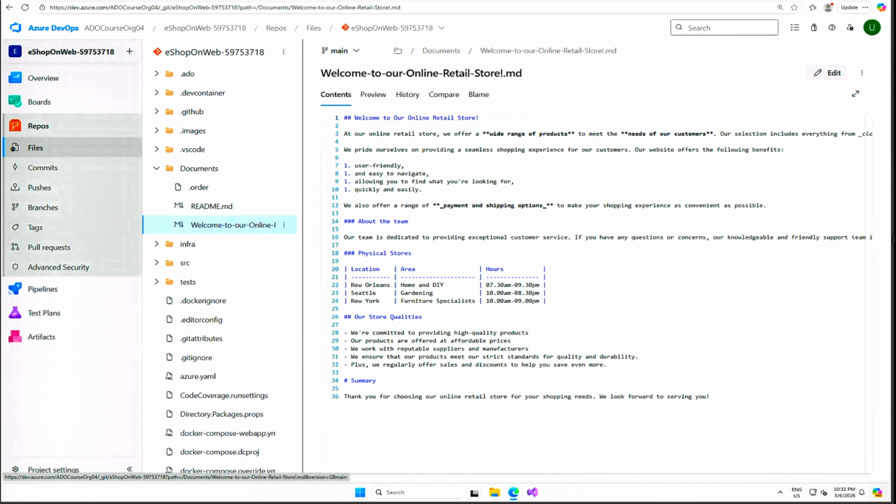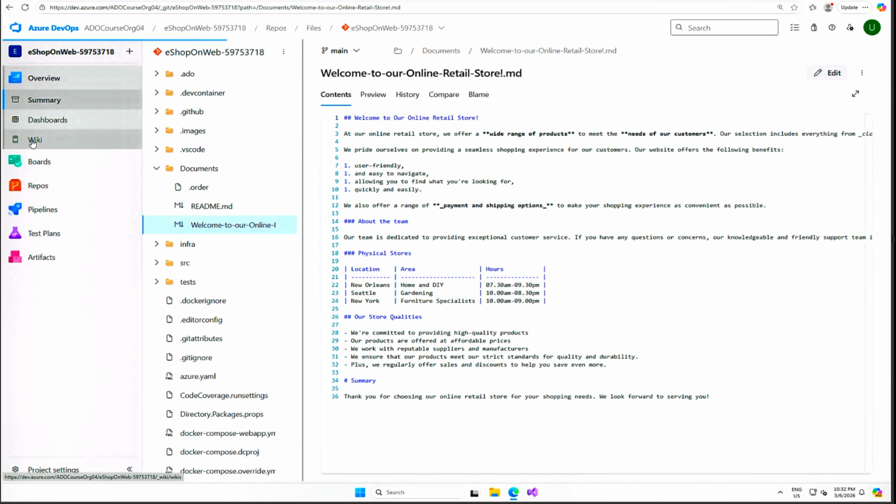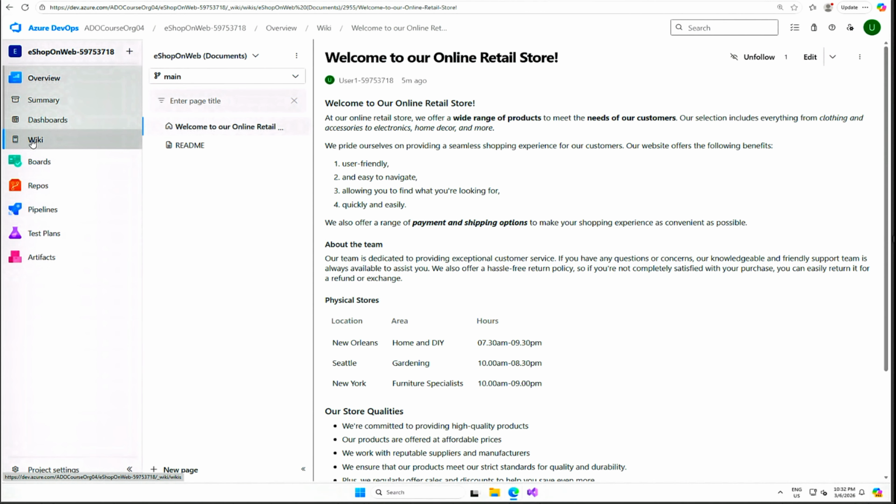So now create and manage a project wiki. So for that, let's navigate to the wiki pane of the eShopOnWeb project. So if we go to overview and go to wiki, and this is the wiki content. And here you can see that create new project wiki. So select that one,